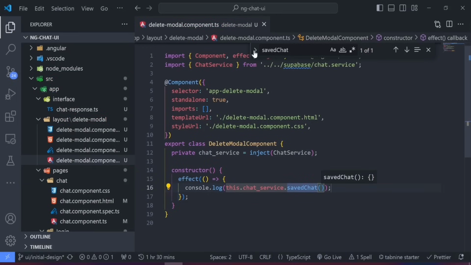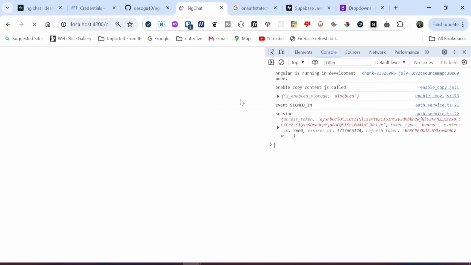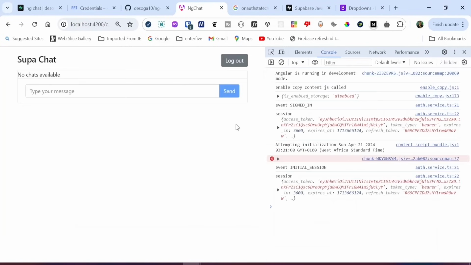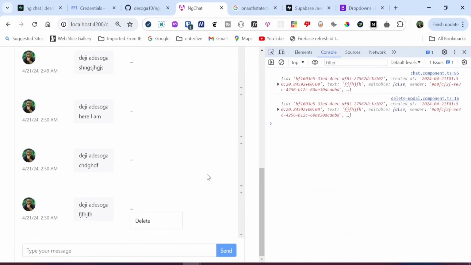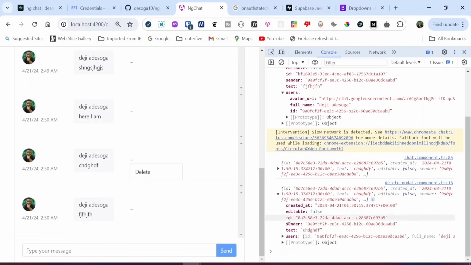So I'm going to save, and then let's open up the dropdown and see if we get to log the data in the delete modal component. So let's select one of the chats. So I'm going to go with the last chat, which is a bunch of random strings. And you can see in the delete modal component, we have access to the right data we just selected. You can see if we select another one, we have access to it in the delete modal component. So you can see we've been able to use signals to manage state from one component to another component